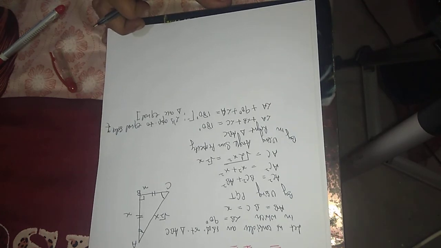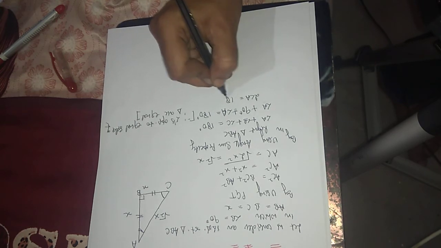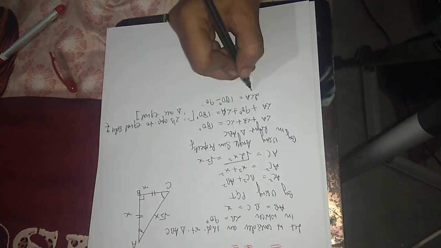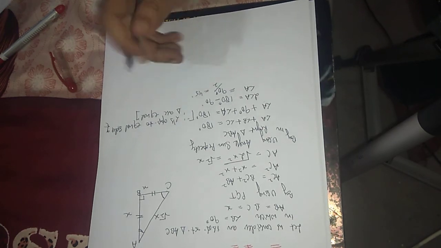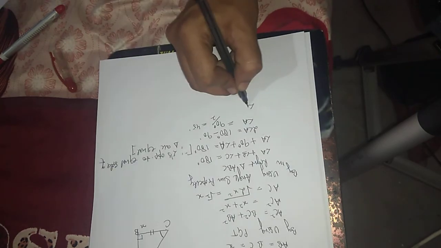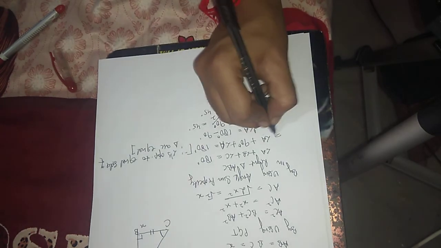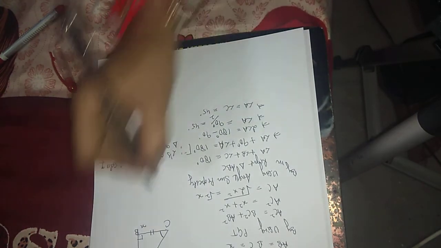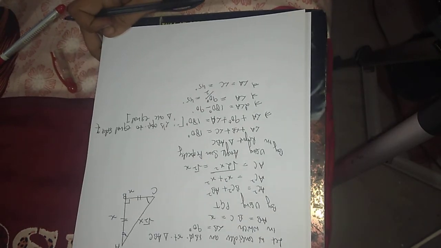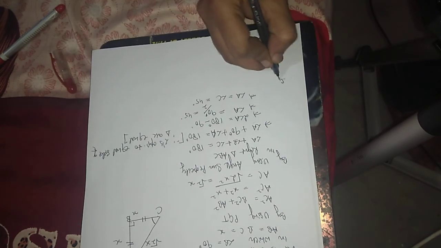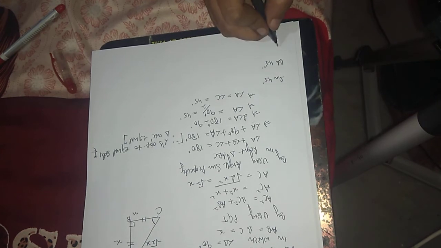So now it's A plus A, 2 times angle A, is equal to 180 minus 90, that is angle A is equal to 90 degree divided by 2, which is 45 degree. So angle A is equal to angle C, both are 45 because both are equal. In this way we can obtain the value of angle A and angle C, which is 45 degree. So now we have to find the trigonometric ratios of 45 degree, that is sin 45, cos 45 and tan 45.